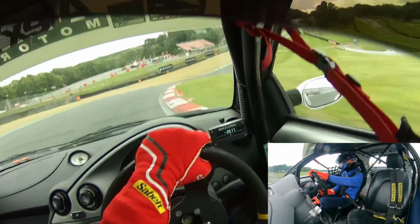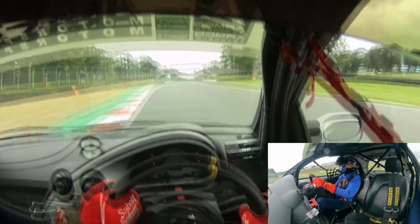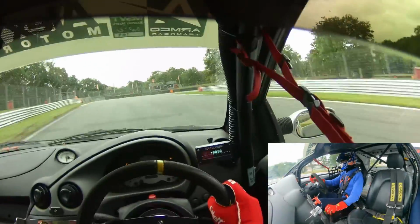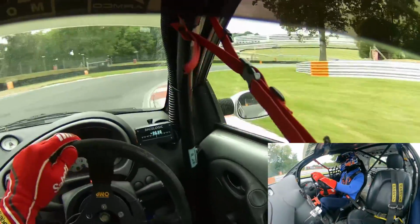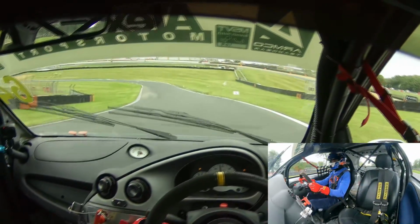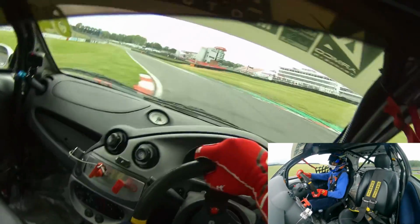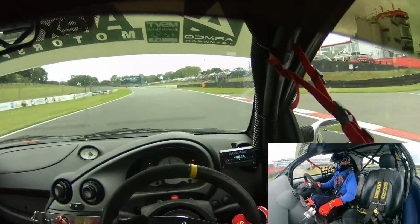So turn one, absolutely send it. You don't need to use all of the curb on the apex, but you do come out nice and wide. We're not allowed to go on the green stuff, and then I brake nice and late. I drop it down from fourth to second, get up onto the curb, and then just open up the steering coming out of the corner, car back over to the right, and then you want to use this green artificial grass just to try to get the car rotated. I could have used more curb on the apex, but